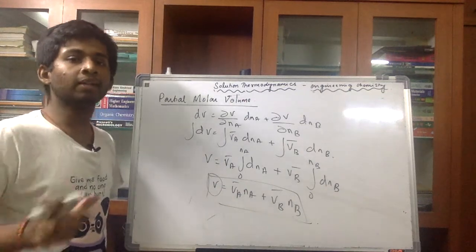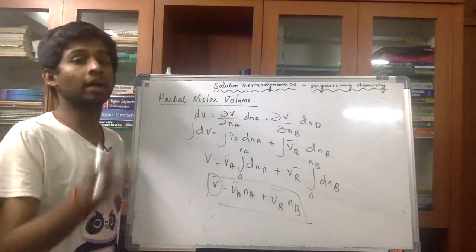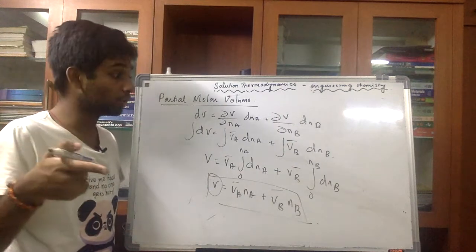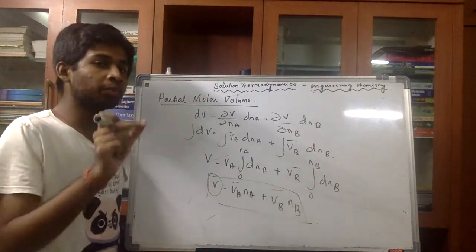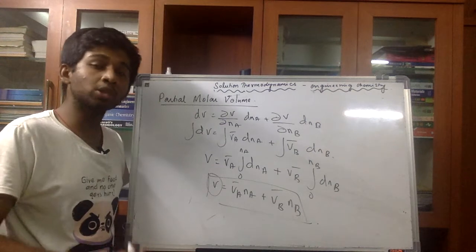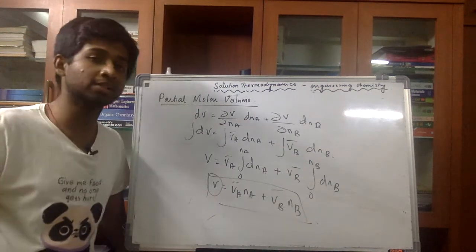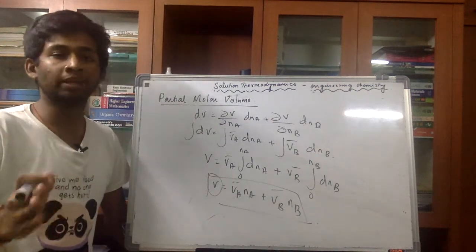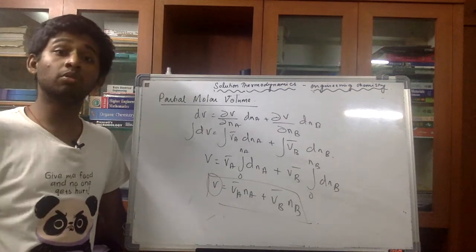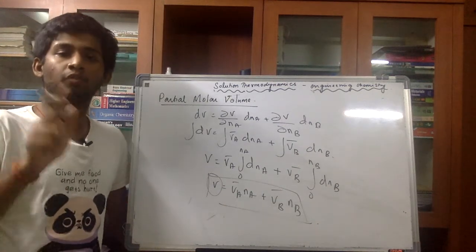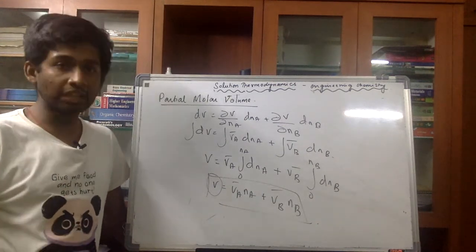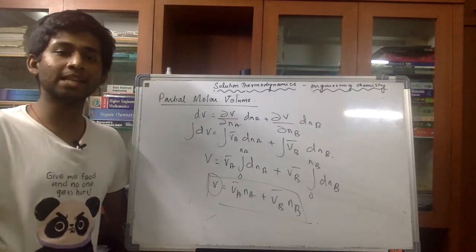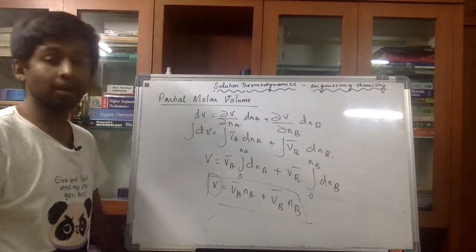Again, please keep in mind the small mistakes which I make in the video. I keep correcting it. You should also make a note of it. The one thing is I forgot to put the sigma. Sigma is important because all the components of the solution must be considered. A solution cannot have just one component, right? It should have more than one component. So all the components must be considered, for which sigma is important. Even if at all sigma has been missed in any part of the video, include sigma everywhere.